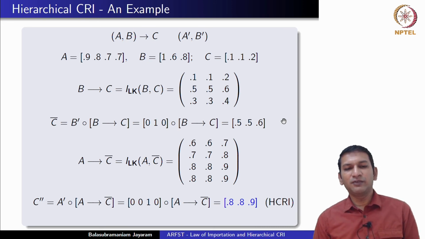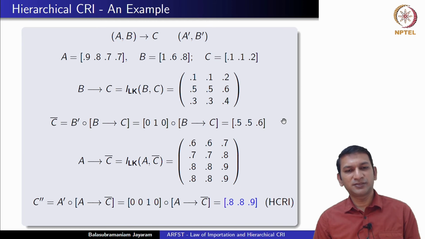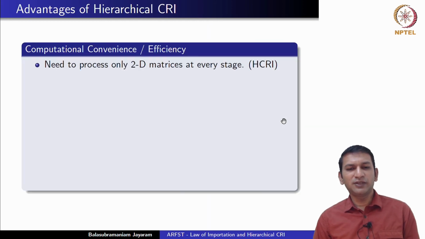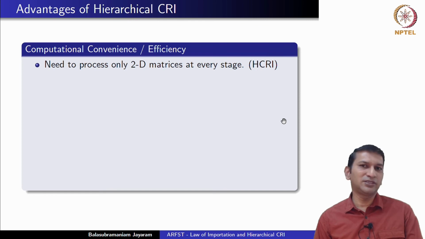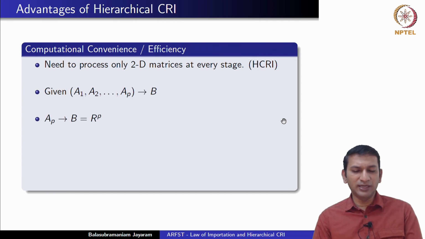It is clear that we were able to do it in a single slide, which means it's much easier than what we have seen in CRI, even for a multi-input single output case. Not only that, there are very many advantages. The first advantage is we need to process only 2D matrices at every stage, because we are only considering one consequent and one antecedent. So even if you have p-dimensional antecedents, at any point of time we are only taking A_p with B, we get an R_p, then we compose A dash with this R_p and get a new, say, C1, then we will take A_(p-1) and then that C1,